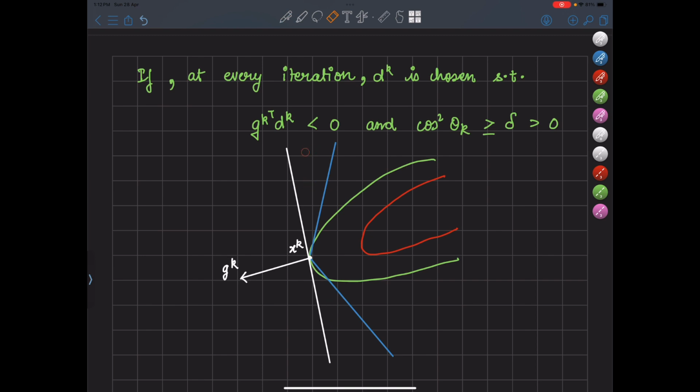So if we choose it such that it is between this area, where cos²θk is greater than some value delta,